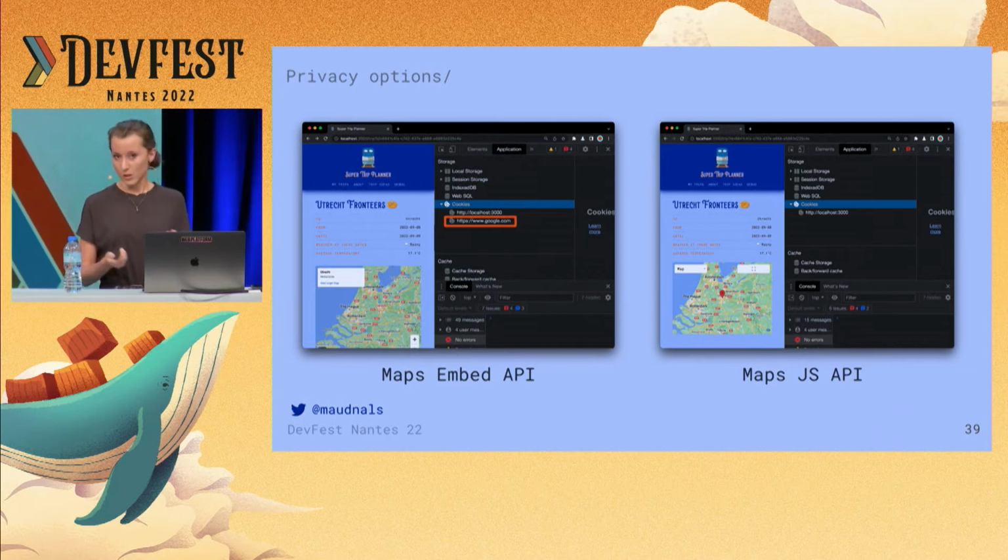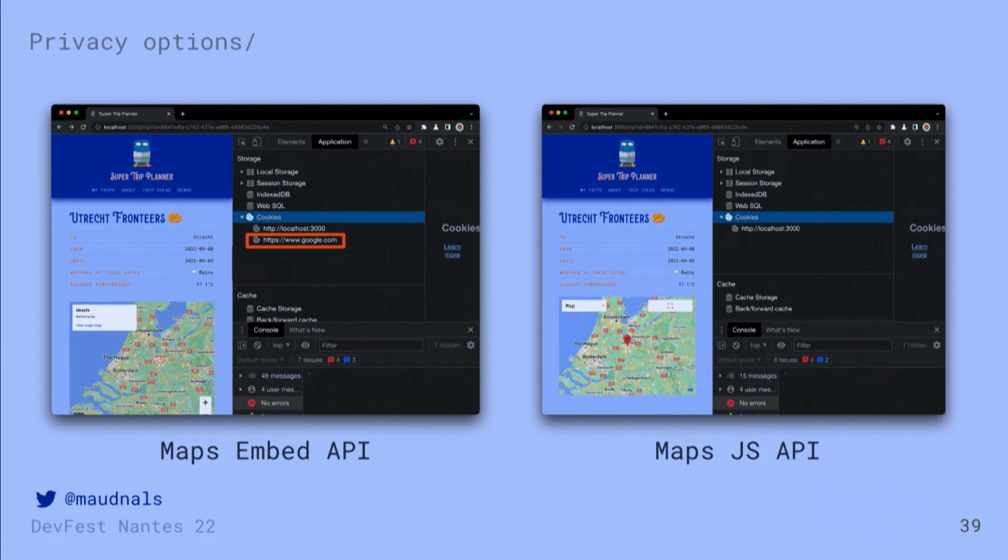It's not just an iframe. And it also doesn't set a cookie. And I think in general, the distinction at a high level seems to be more along the lines of, the JS API is much more powerful. You can do crazy stuff with your maps with the Maps JS API. But there's also that interesting difference. So this is something maybe to take into consideration or not when you're selecting your third party.